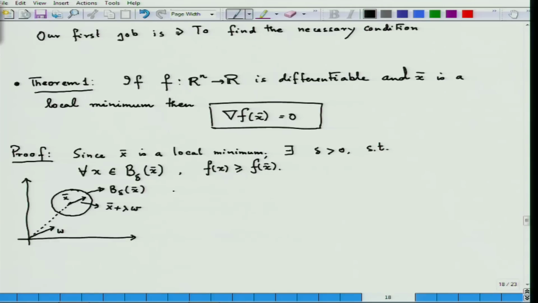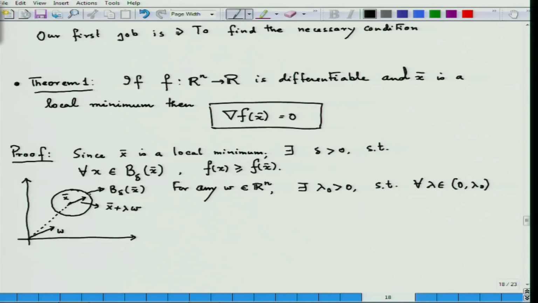So, for any w element of Rn, there exists lambda naught strictly greater than 0 such that for all lambda between 0 and lambda naught,